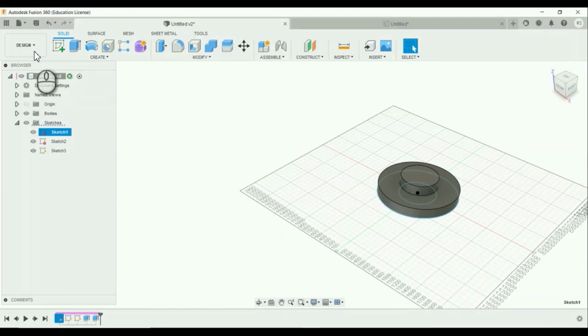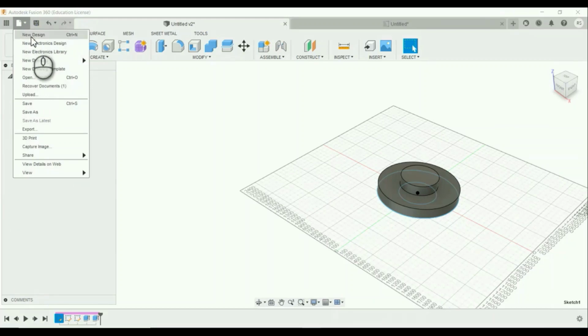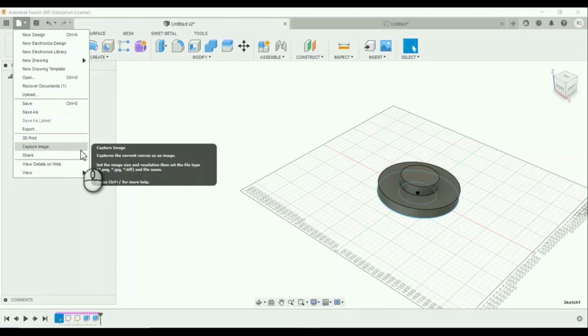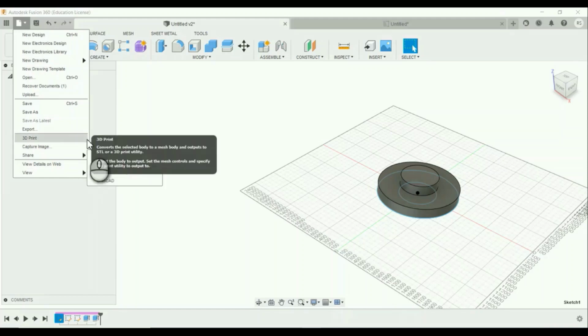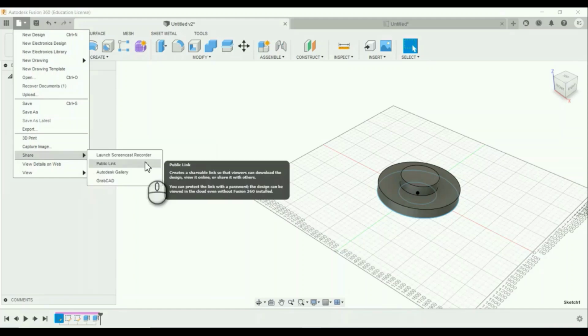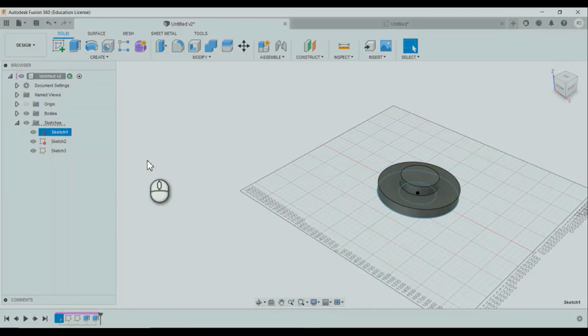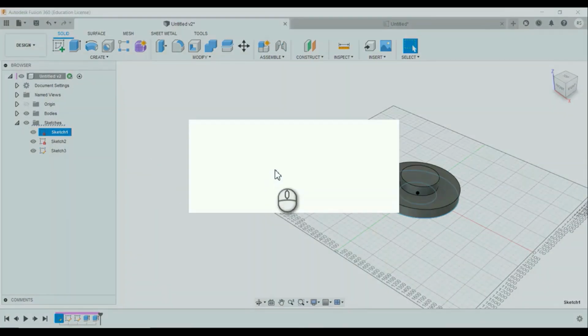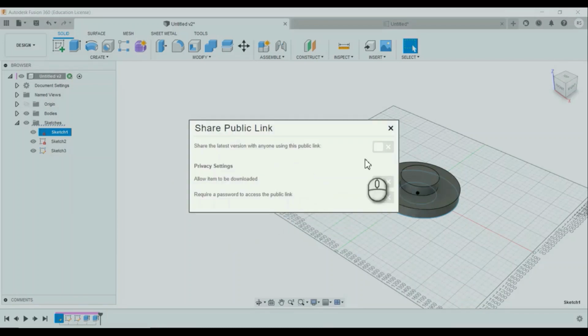And after that, there is a data panel available, and with this you can save the file, create a new design, or import, export, etc. You can also capture an image by screenshot, and we can also share the design with your friend by clicking public link. After that, it opens a tab. In this tab, click allow.